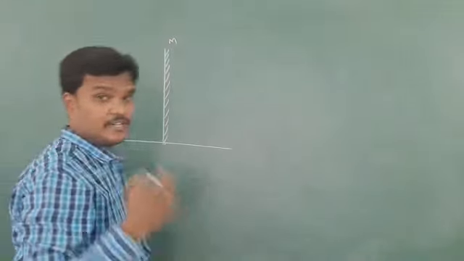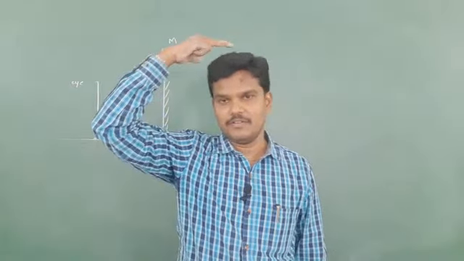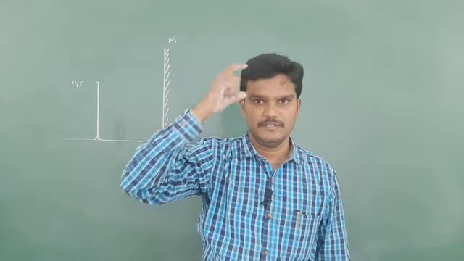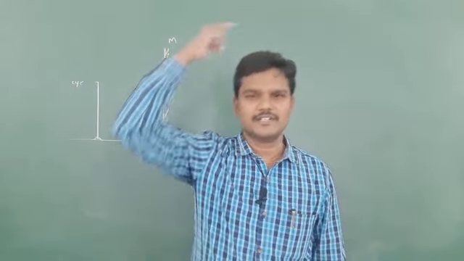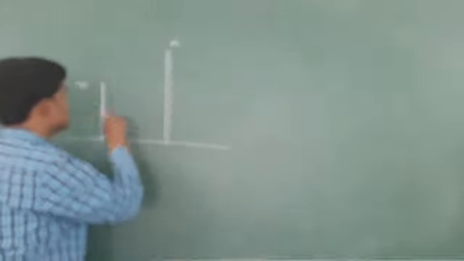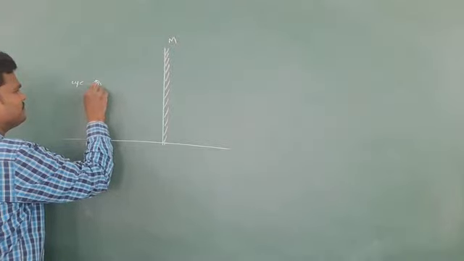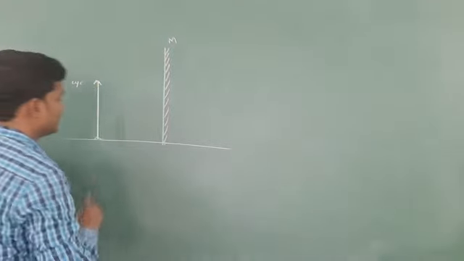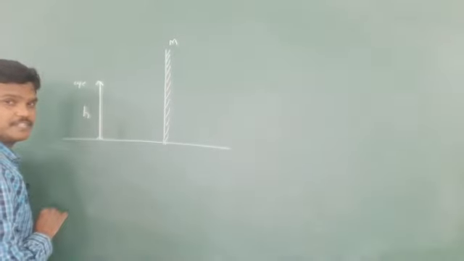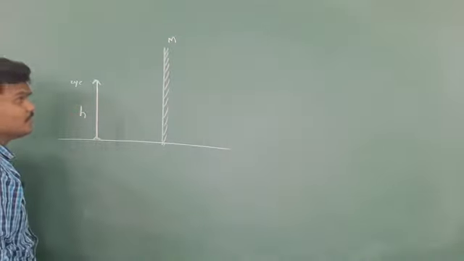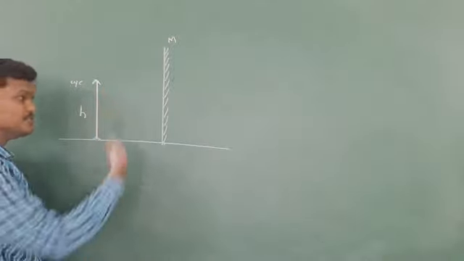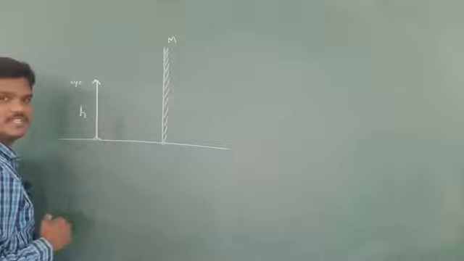Generally there is a gap between eye level and our forehead, the top level. Let me neglect this gap right now. Let us suppose the eye is at the top of the head, so I am considering this as a single point. So let me take this as eye level. He wants to see his full image, a person of height h. So he needs a minimum length of the mirror, and the position of the mirror is also required. That position I will also discuss.